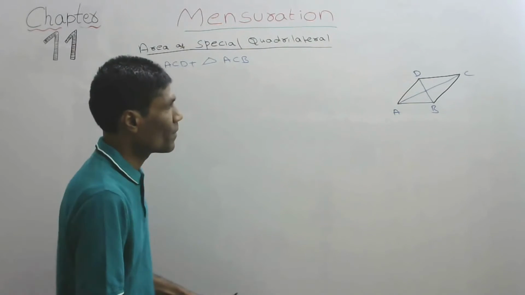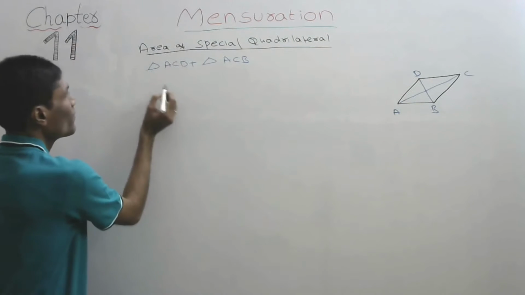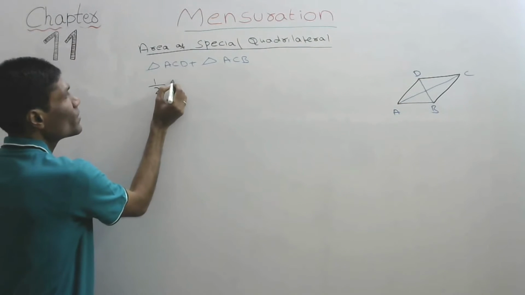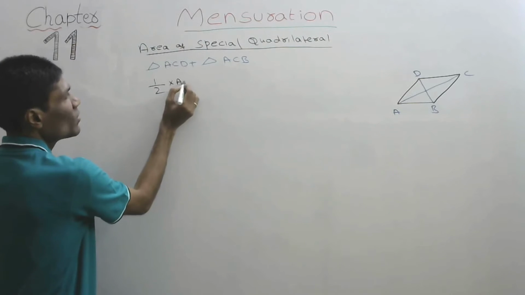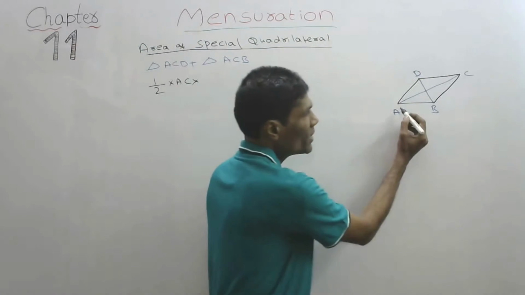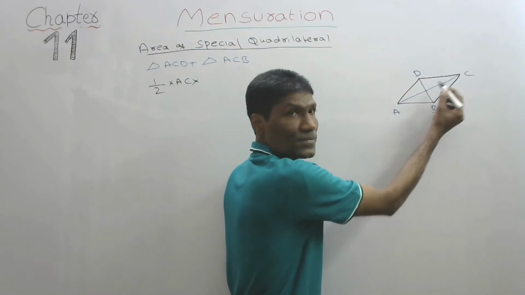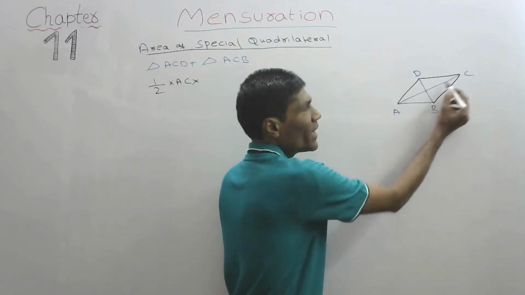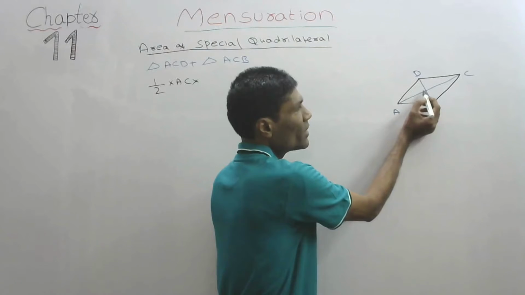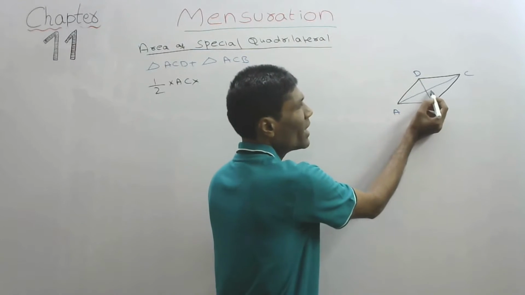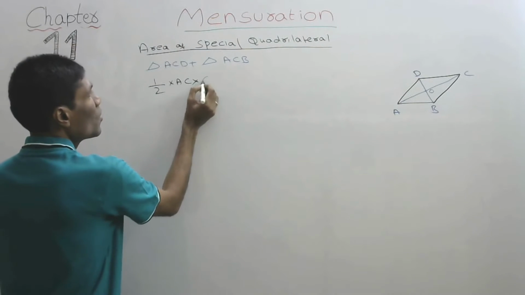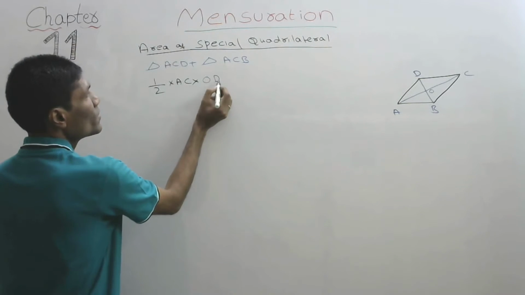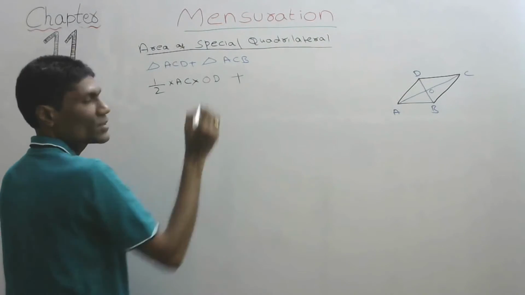Okay, now the area of ACD is half into base into height. What is AC? It is the diagonal. For this triangle, this is the base. So it will be half into AC into this one. Let us name this point O. So it is OD. Plus,